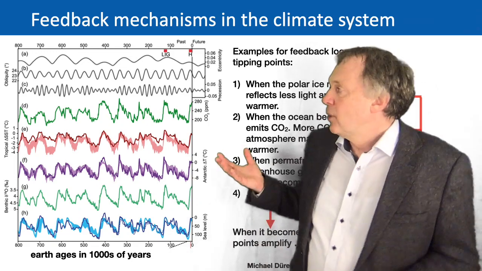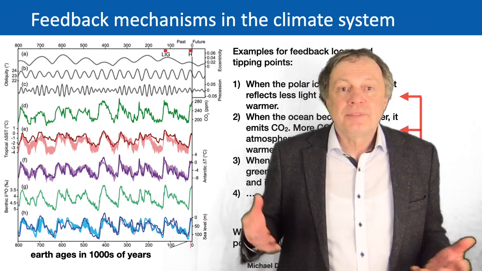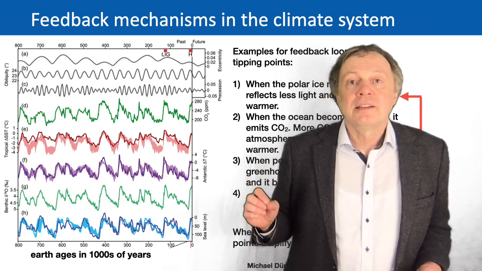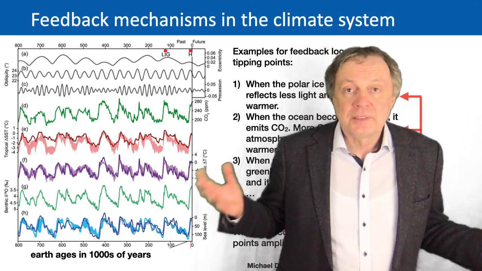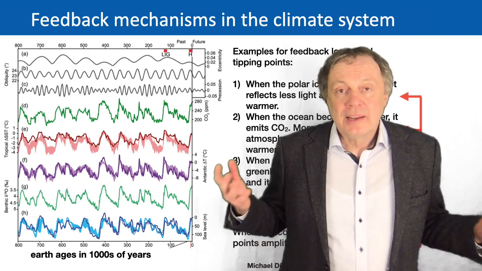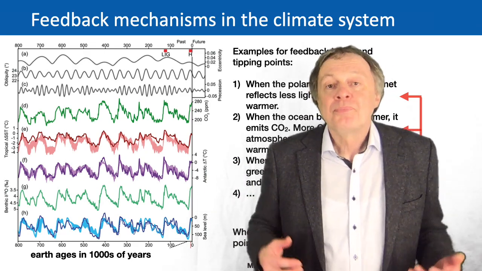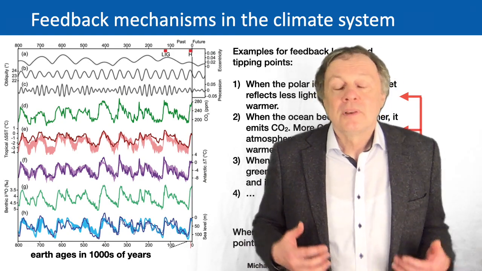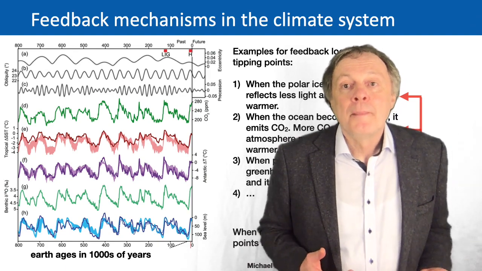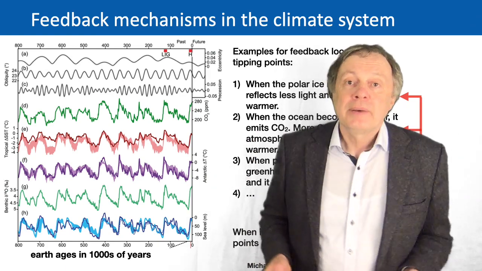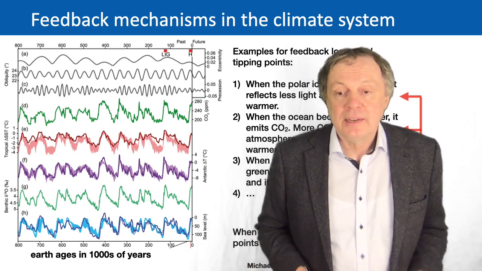So in our evaluation of the time symmetry and its breaking, we found out that a small change in solar irradiation triggers the warm periods after a glacial period. It cannot be a linear function because otherwise, and I repeat myself now, the curves would not be so asymmetric. There must be a strong feedback loop. And what kind of feedback loops do we have in the climate system? Well, this is easy to understand.